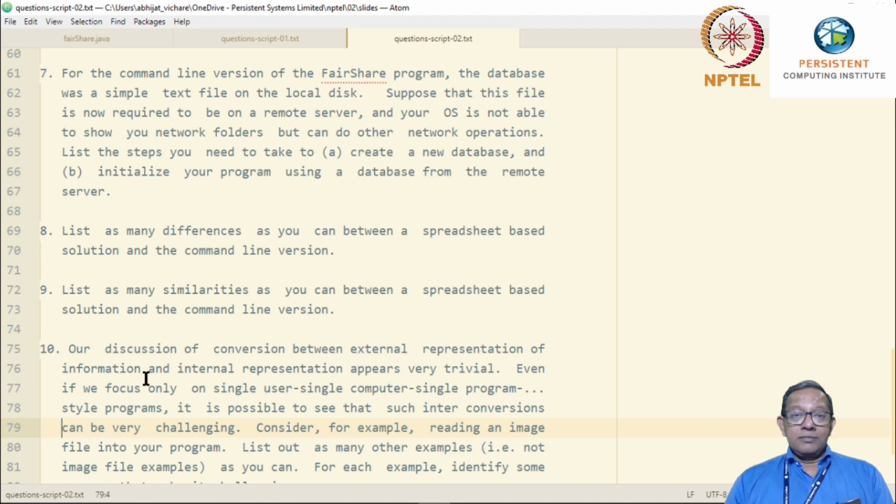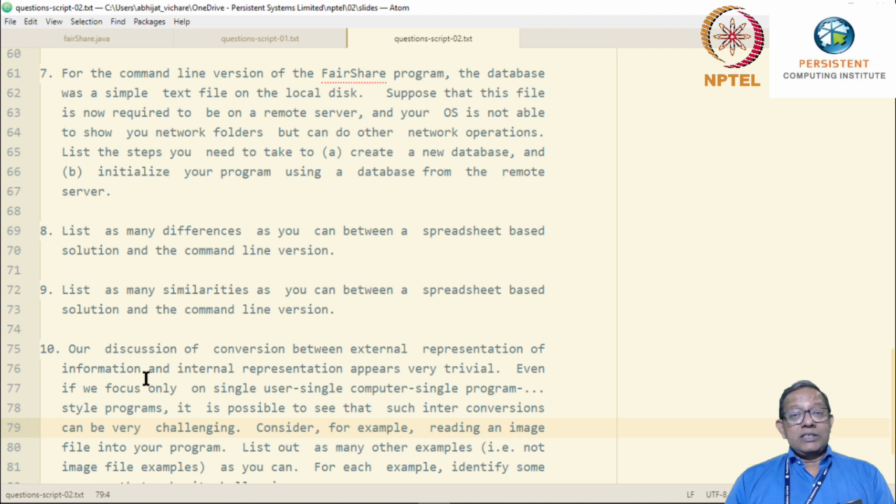Question number 8. List as many differences as you can between a spreadsheet-based solution and a command line version. And question number 9. List as many similarities as you can between a spreadsheet-based solution and a command line version. Both these questions, in essence, just compare and contrast the two solutions with each other.